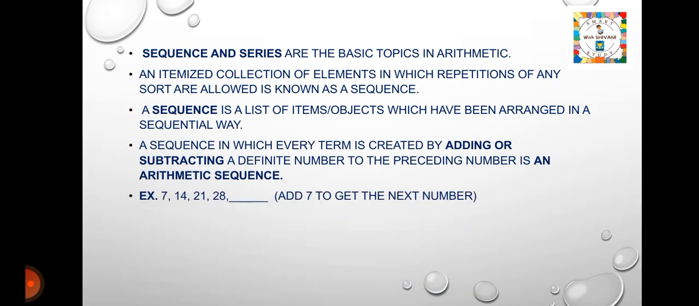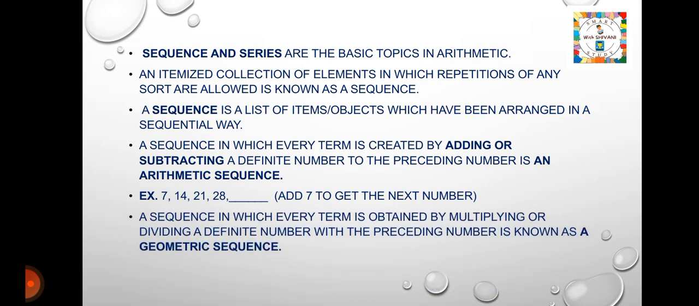Like 7, 14, 21, 28 and so on. So if you check the difference between 14 and 7, it is 7. 21 minus 14 is also 7. So we can conclude that the difference is 7. So in order to get the next term after 28, we have to simply add 7 to 28